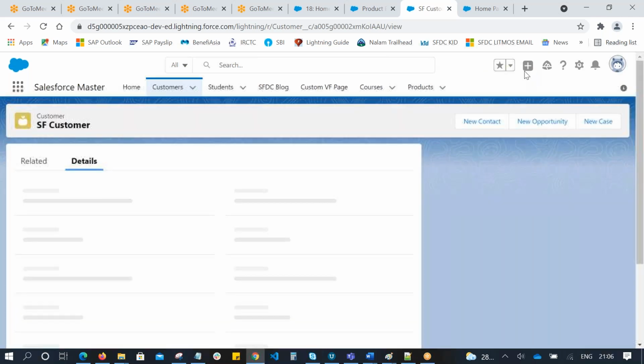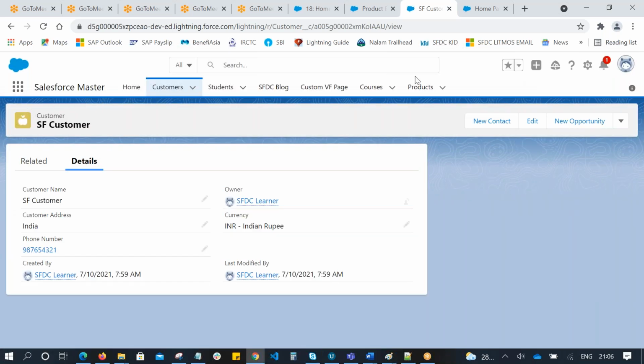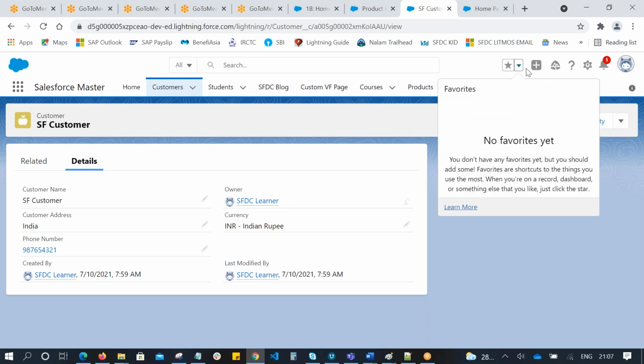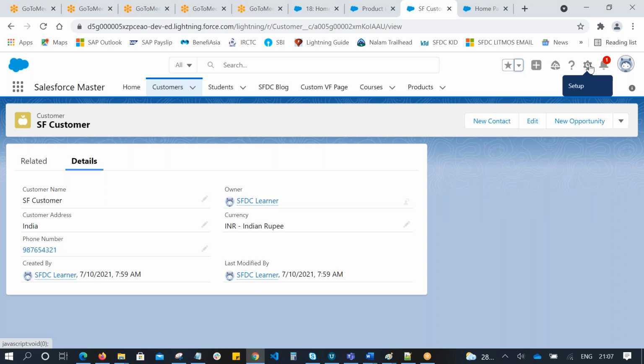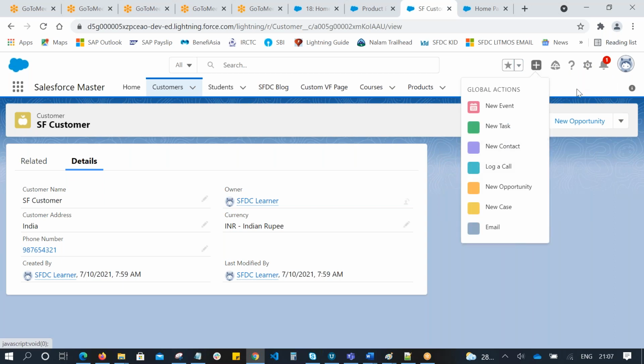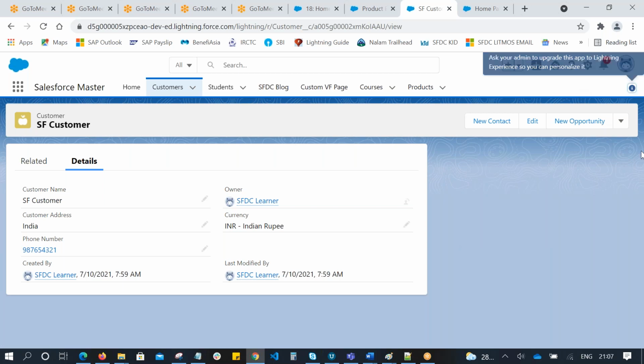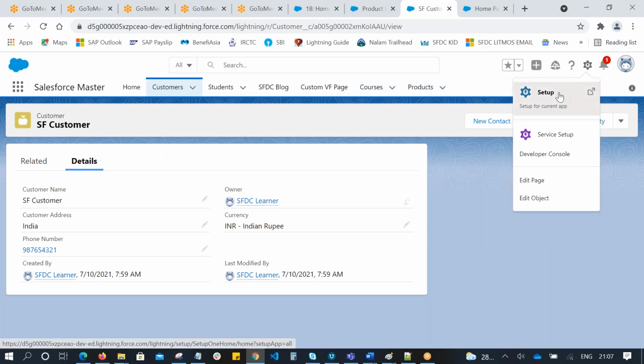We have to go to this custom application, SF master application. We have a setup menu.